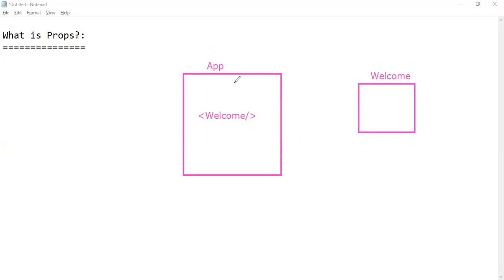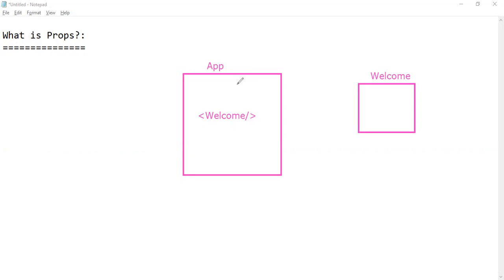So now we want to pass some information from app component to welcome component. Or we can say, if you want to pass some information from parent component to child component, how can you pass it? Welcome component welcomes someone, but who does it welcome?